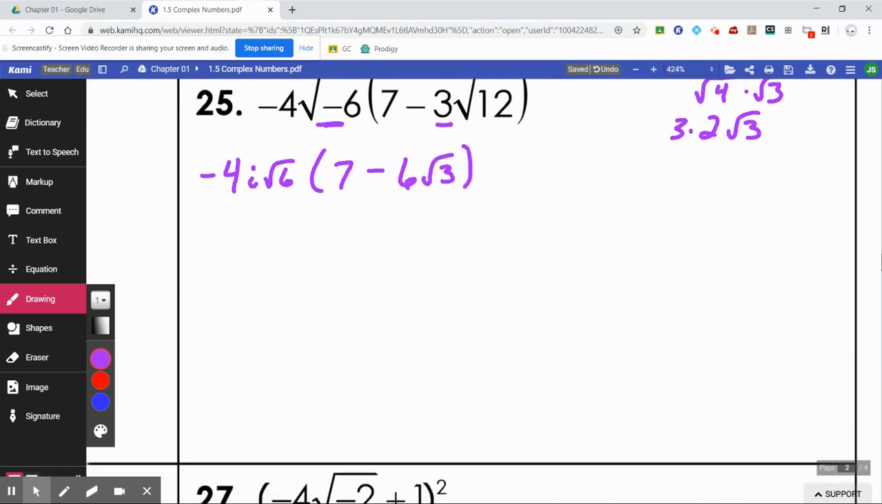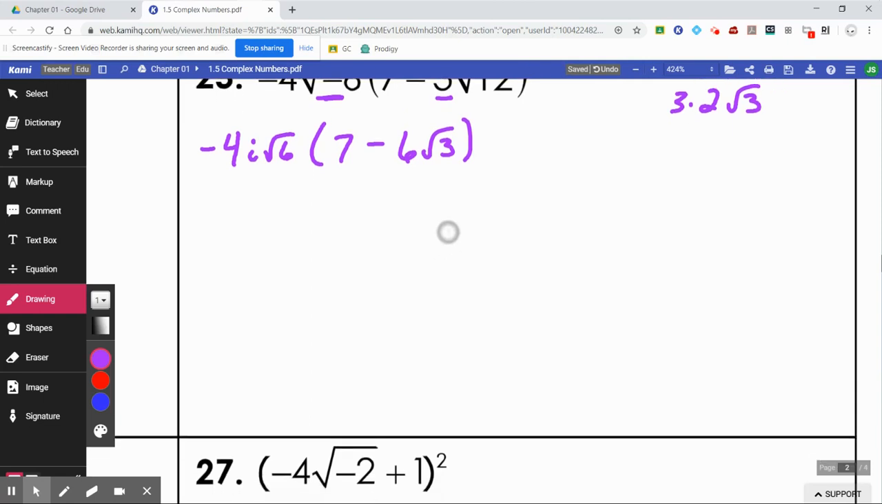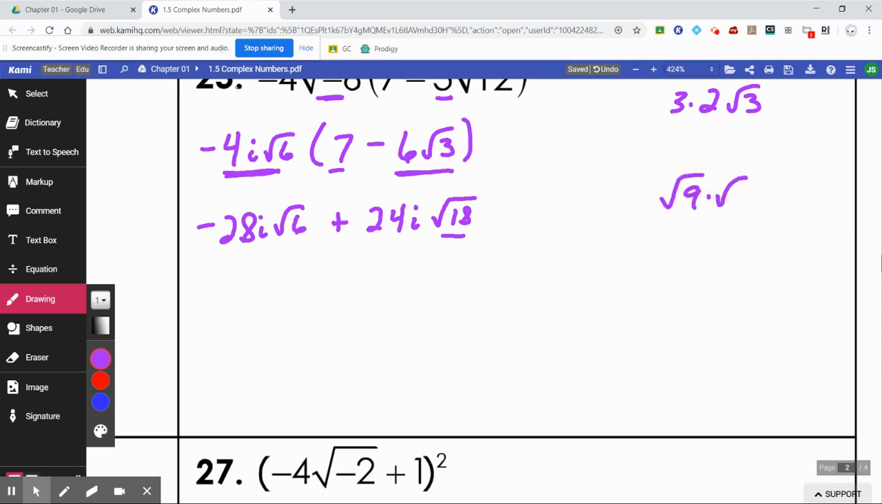And you didn't have to do that. It might have come out clean the other way as well. It doesn't matter. Negative 4 times 7 is negative 28i root 6. And then times the second one, negative 4i times negative 6 would be a positive. 4 times 6 is 24. You count your i's, you have 1. 6 times 3 is root 18. We've got to do something with root 18. Let's split that into root 9 times root 2, which is 3 root 2. So you have negative 28i root 6